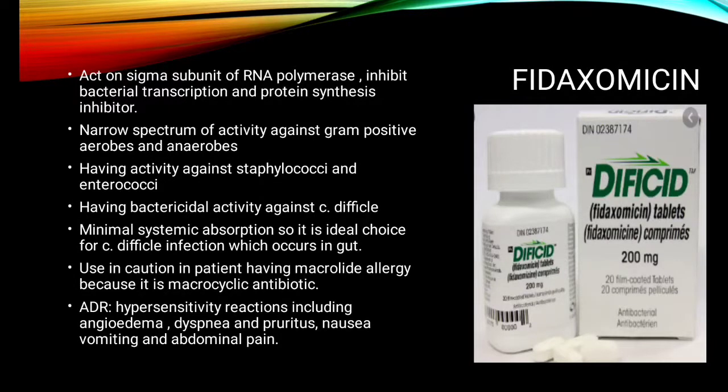Next drug is Fidaxomicin. It acts on the sigma subunit of RNA polymerase. It inhibits bacterial transcription and protein synthesis. Narrow spectrum of activity against gram-positive aerobes and anaerobes, having activity against staphylococci and enterococci, and bactericidal activity against